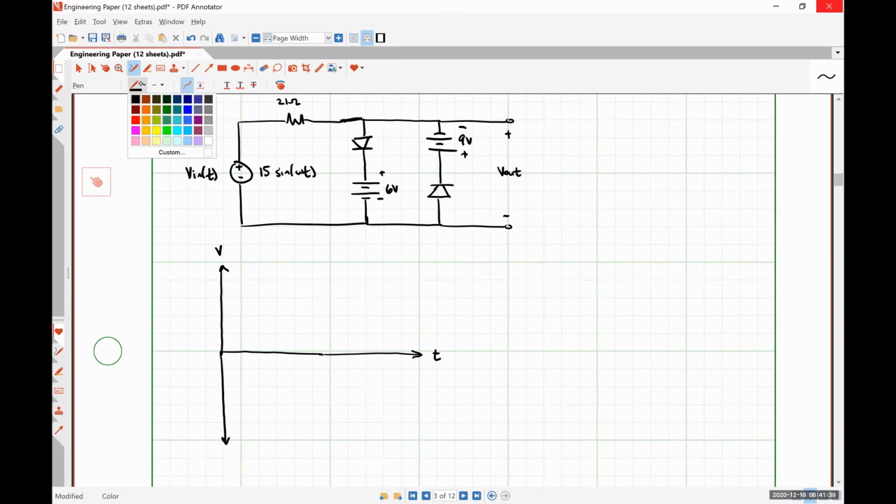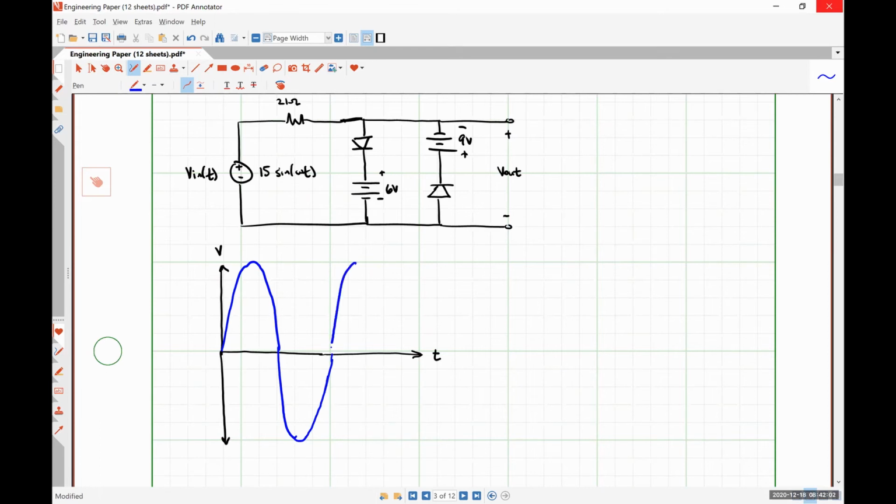I'm going to do my input signal in blue, I think. Like so. All right. So for the positive half cycle,